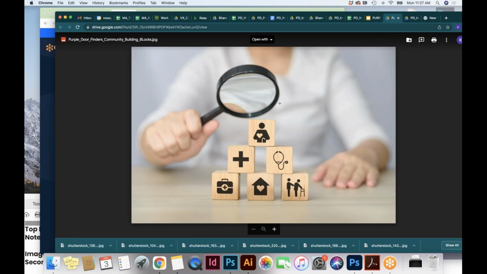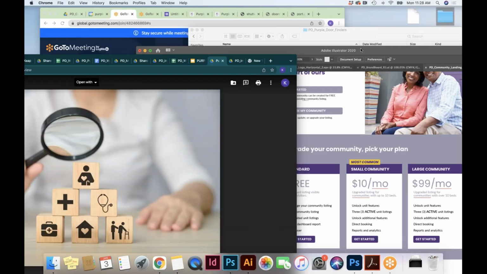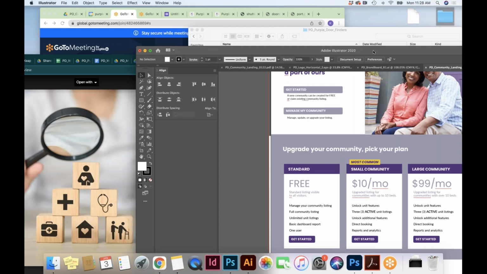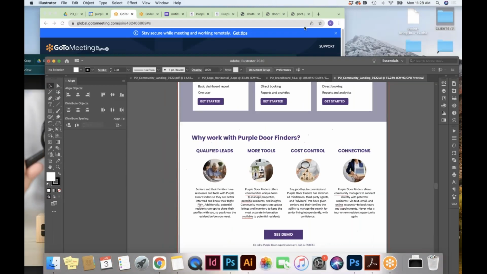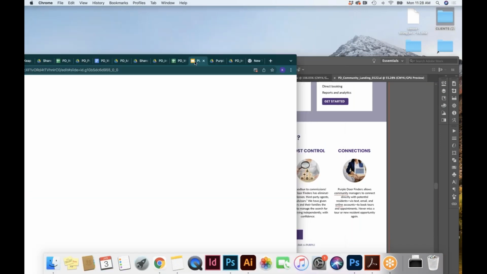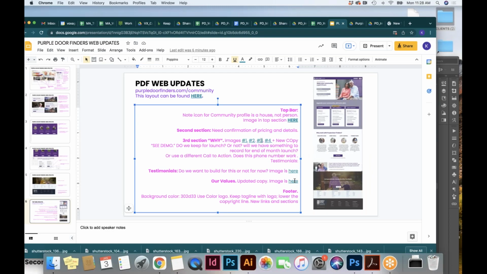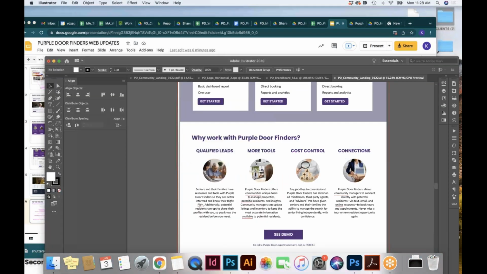So each one of these in my notes will go directly to one of those images that's in that folder. And then the layout itself is here.